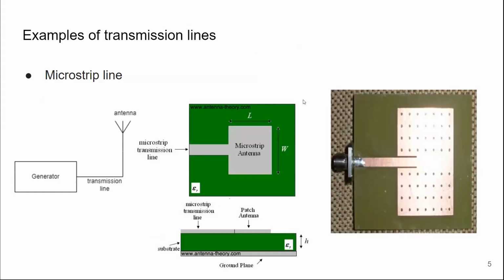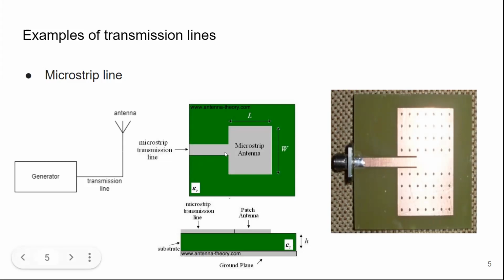And once we take the examples of transmission lines, we can take PCB circuit boards, as I mentioned before. So in PCB circuit boards, we have different types of transmission lines. So we have this microstrip line, right? Microstrip line is this line where we have this horizontal piece of metal strip, which is used to input or feed a certain signal,